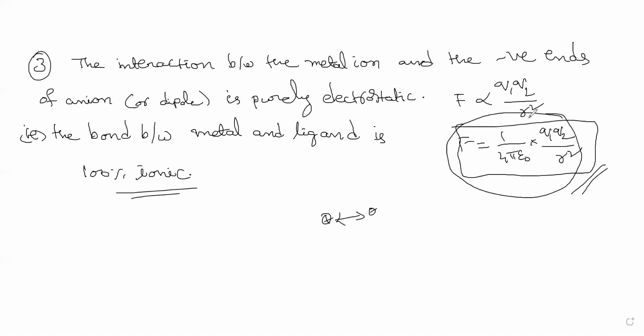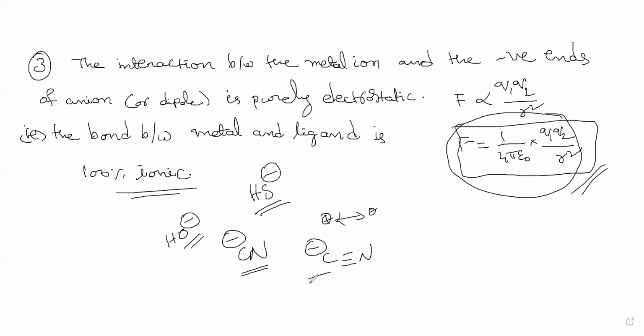And the other case is that you have Coulombic interaction. Both will be there, actually. But in this crystal field theory, we will assume the interaction of the metal ion with the negative ends of the anion. Negative end of the anion means, suppose OH minus is there, the oxygen will bear the negative charge. Suppose HS minus is there, sulfur is bearing the negative charge. I hope you are getting the negative end. Suppose cyanide CN minus is there, the carbon is bearing the negative charge. That is the negative end they are talking about.